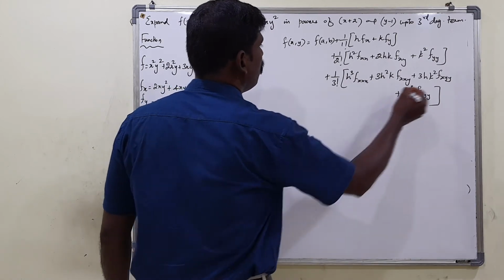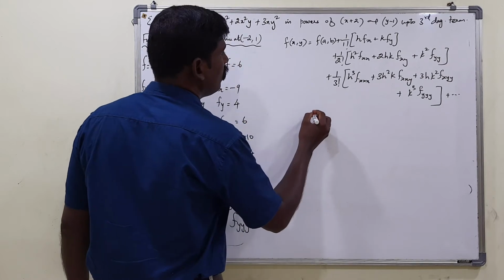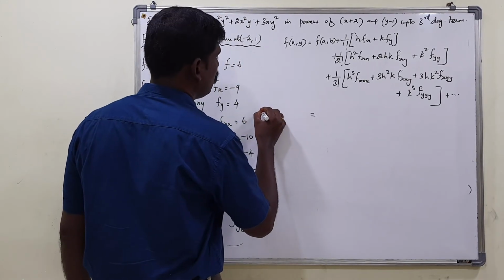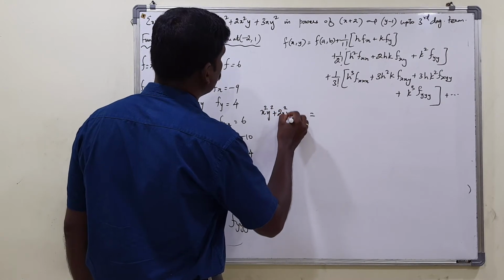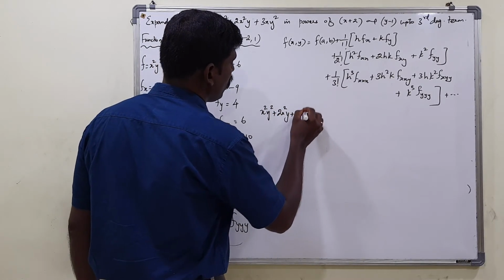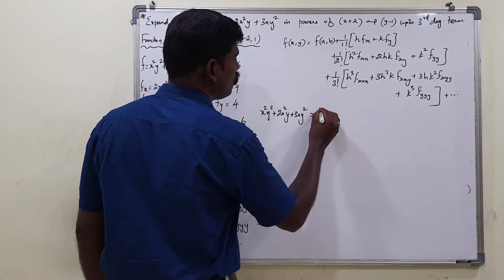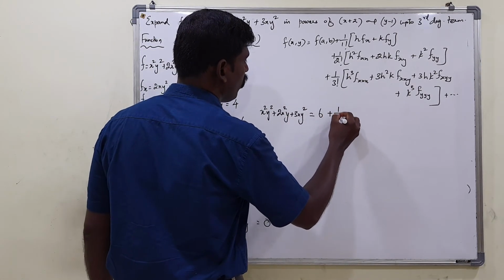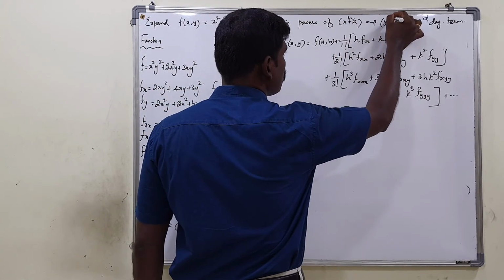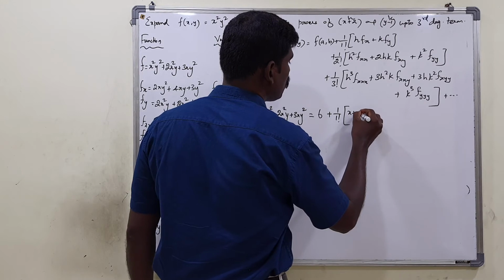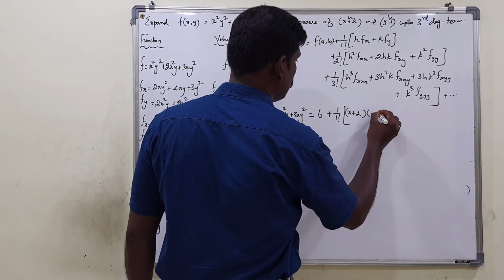Okay, plus that. Substitute all the values here. The given function is x²y² + 2x²y + 3xy². What is the value of f? 6. So 6 plus 1 by 1 factorial into, what is h? This is h, this is k, isn't it? So (x+2) into fx. Fx is minus 9